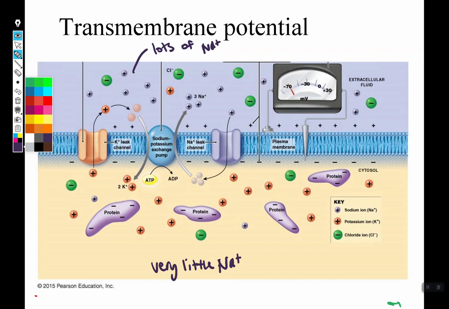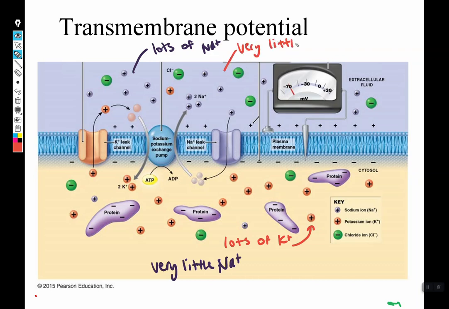If I count the opposite thing, there's lots of potassium inside of the cell, and very little potassium outside of the cell,